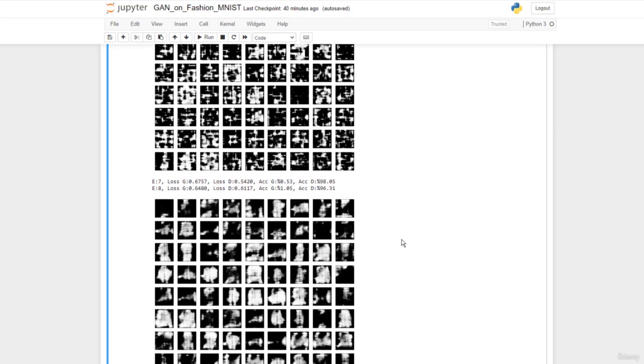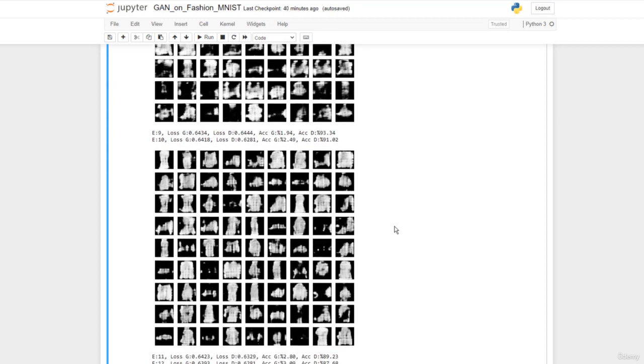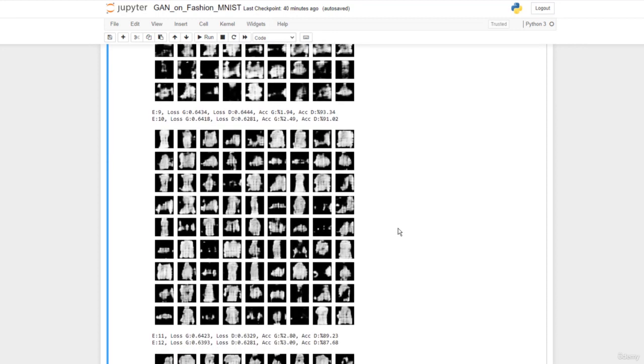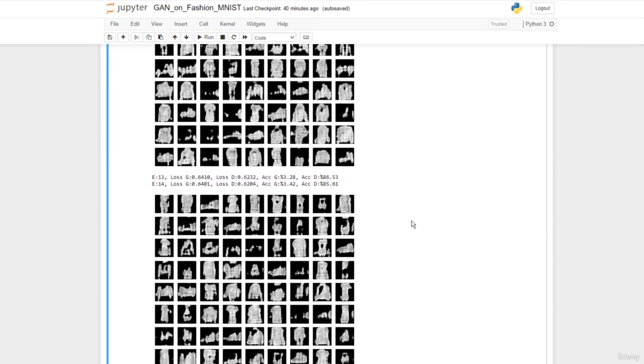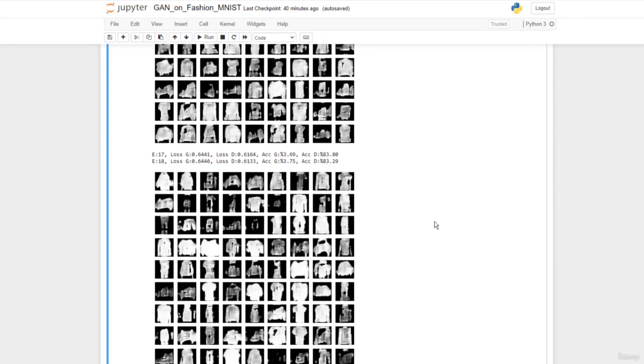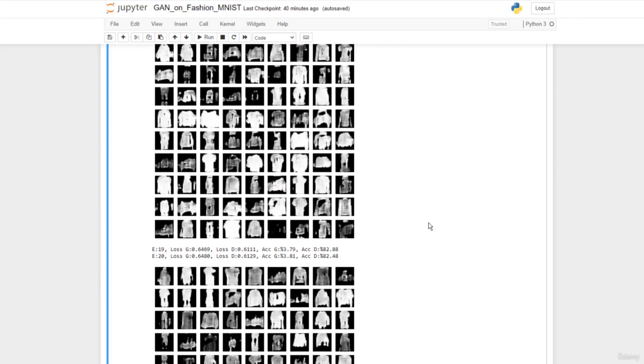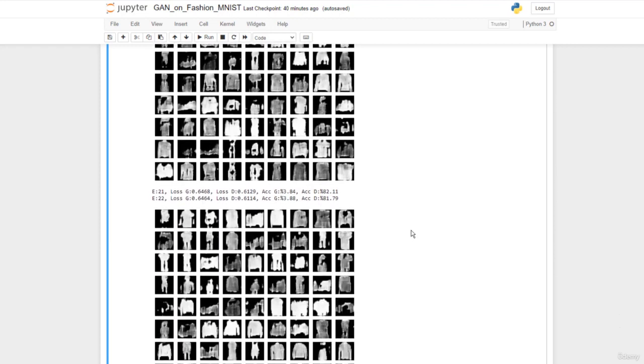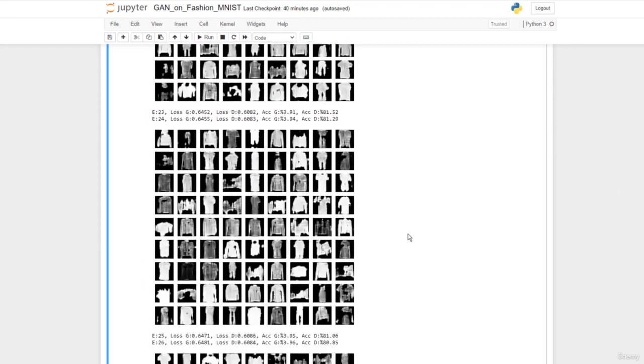These are starting to look like shirts and pants, I think. And by the time we get to 10, they're definitely starting to become recognizable. And over time, it just gets better and better and better. So even though we stopped it at 30 epochs, because I just don't want to destroy the planet by running it further, you can see the trend here that it is, in fact, getting better and better over